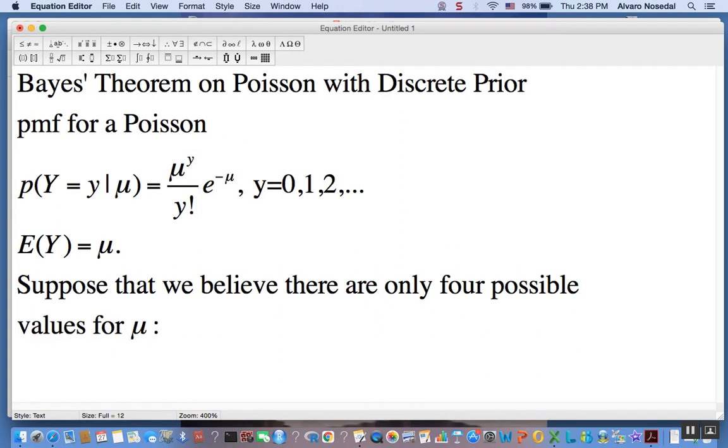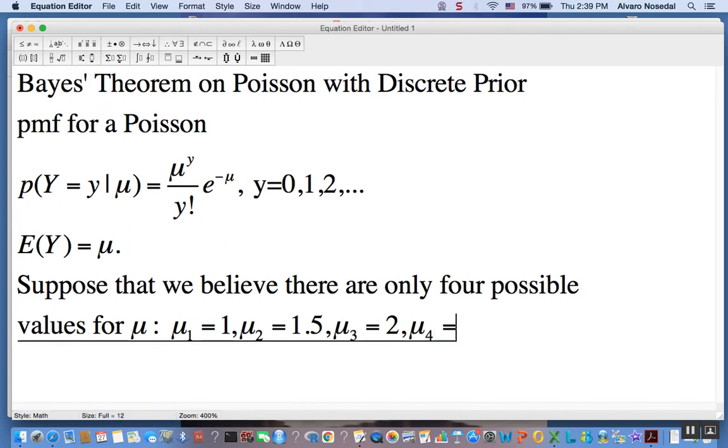Let me call the first one mu1, which will be 1, mu sub 2 will be 1.5, mu sub 3, the third possible value, 2, and finally the fourth possible value of mu, 2.5. Okay,